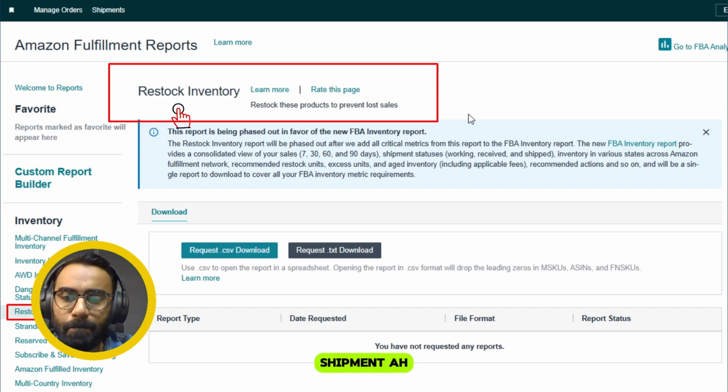Shipment statuses such as working, received, and shipped, and inventory across different Amazon fulfillment centers. Also, it shows you recommended restock quantities, excess units, and aged inventory details, and even recommended actions to optimize your